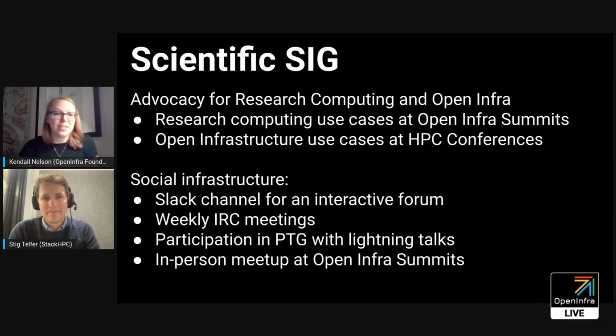And obviously the scientific SIG will be there, and hopefully a few others. I know the scientific SIG collaborates somewhat closely with the large scale SIG, given the amount of data that you process in these research projects. Did you want to talk a little bit about that SIG as well and how you work together?